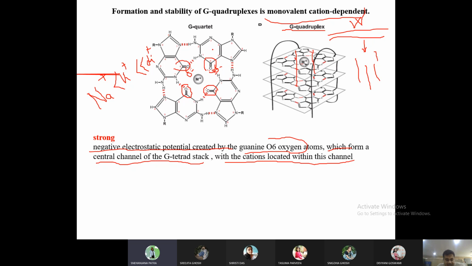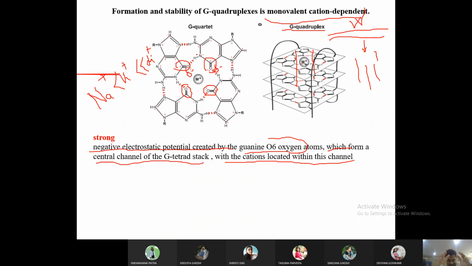Sir, can you please repeat? Yeah, of course. So there are 4 guanines, and on all these 4 guanines there are O6 oxygens. This is the O6 oxygen, and all of these O6 oxygens have a lone pair of electrons. That is why they also act as hydrogen bond acceptors. Okay, so step by step. This is one stack. Above this there is another stack. So this is one stack on your computer screen. Over the top there is another stack of G quadruplex coming. So at least two. Below it, one more might be coming.